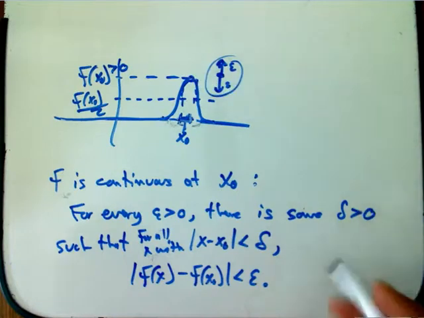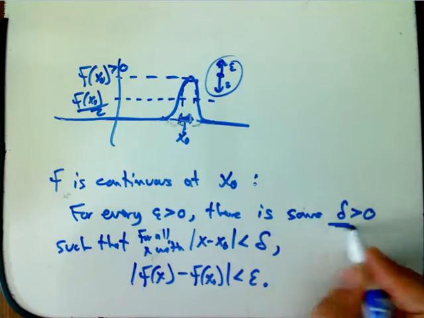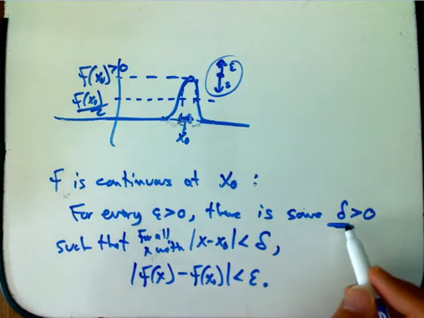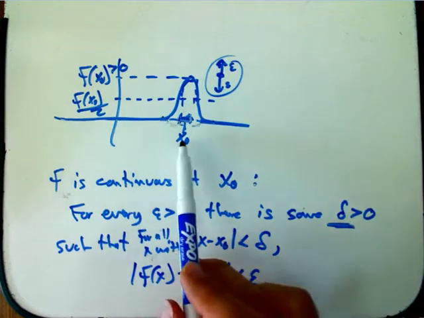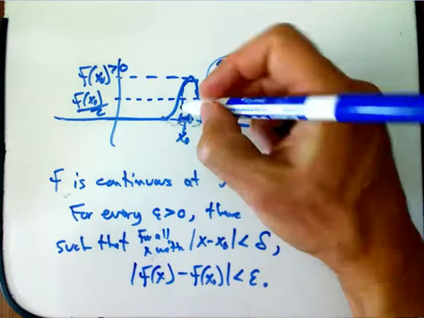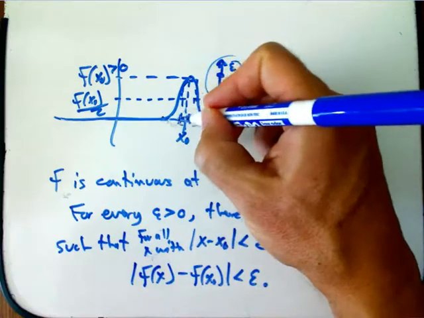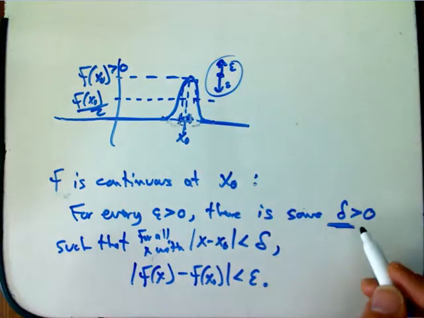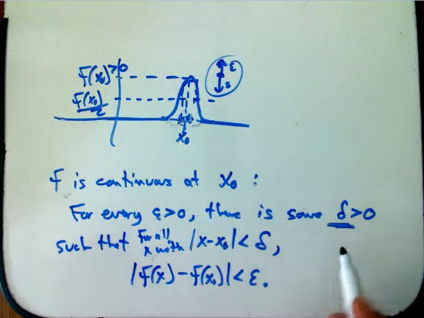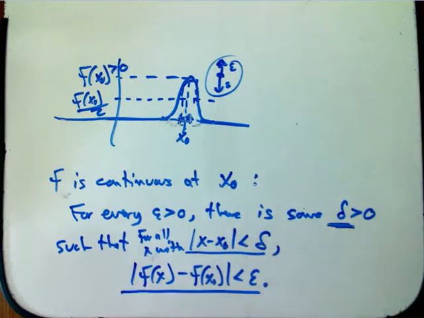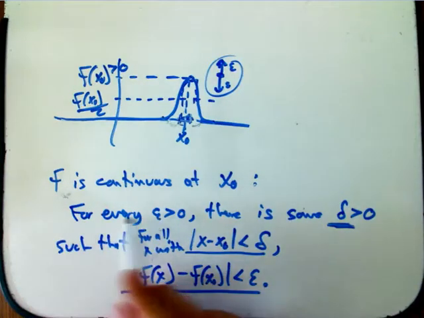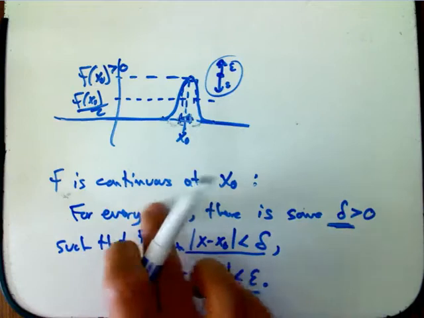And I get to pick the delta. I get to say, well, I'm going to have to restrain the x's to be very, very close to x naught. But I'm not allowed to just say that x naught works. I'm allowed to make the tolerance as small as I want, so that when the inputs are within that tolerance, the outputs are within the tolerance that I was challenged with. Okay, so what I'm going to do is say, no matter what the challenge is,